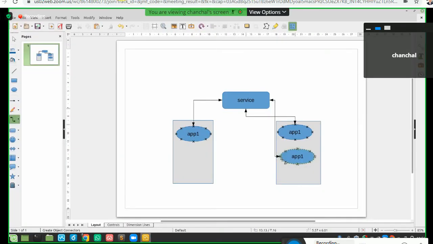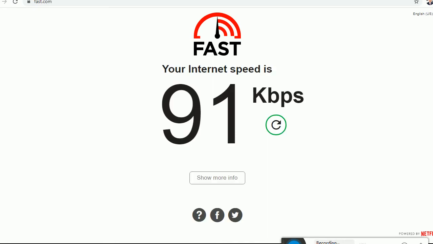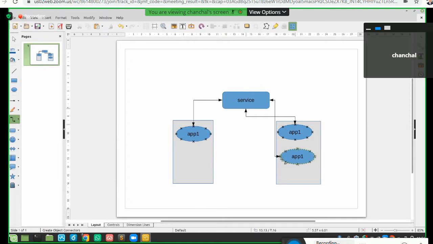I have already created a presentation, and here it is. So what is a service? An abstract way to expose an application running on a set of pods. This is what a service is all about. It is an abstract way of defining an application running on a set of pods. And they are typically assigned with